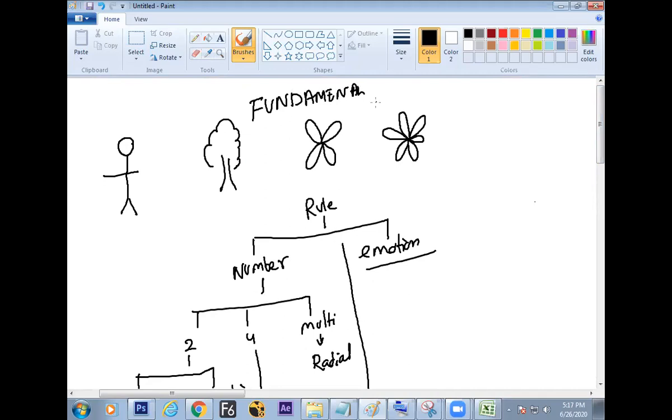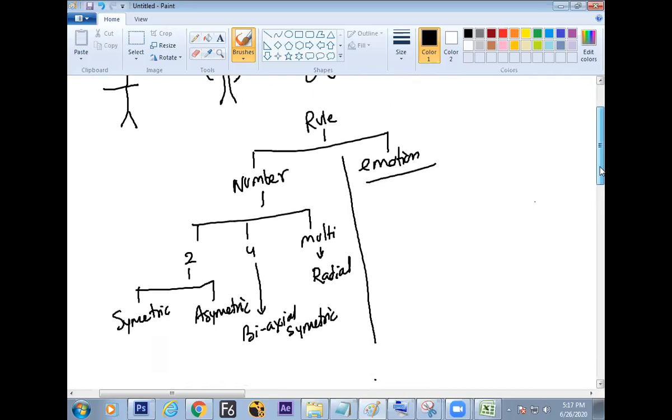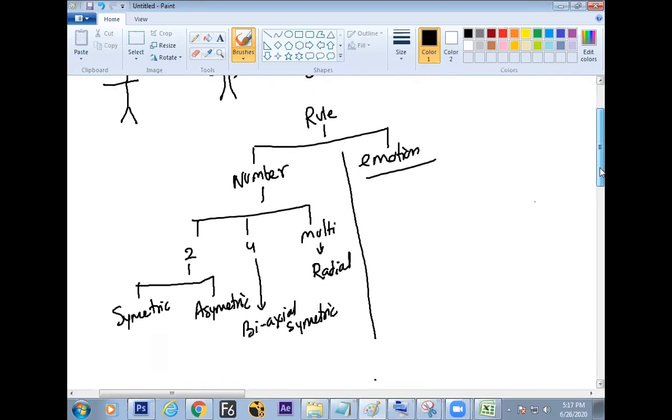You can search on the net with this tagline: fundamental rules of designing. You can find a lot of history which gives strength to your designing.